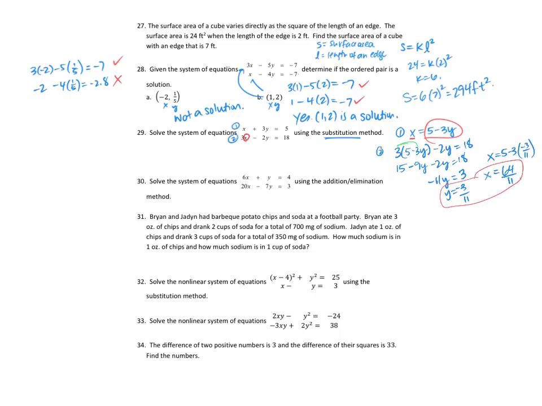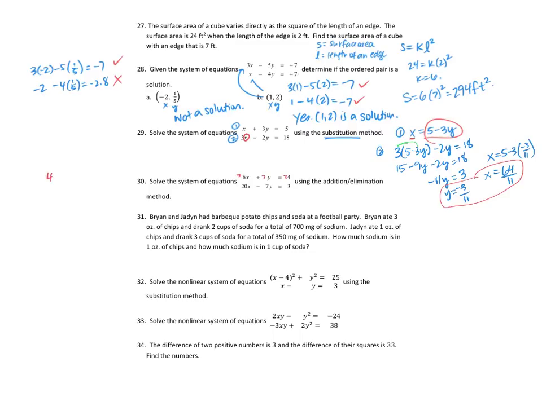Okay. And the next one, I want to solve it using the addition elimination method. So what I want to do is look at the x column and the y column, and I can see that if I multiply this top by 7, each of these guys by 7, I can add straight down and the y's will be eliminated. So in other words, my system has now become